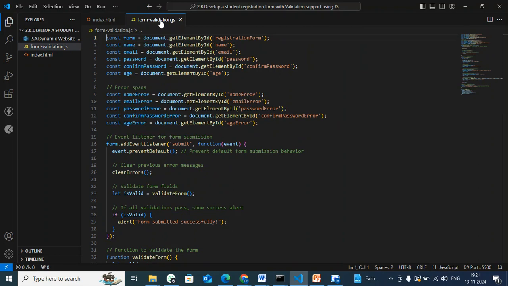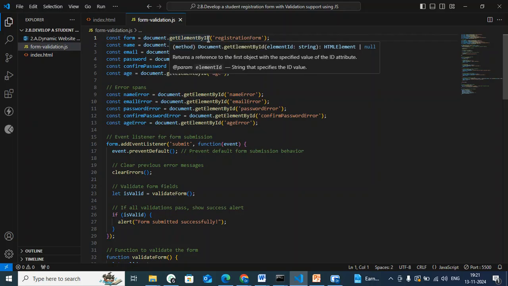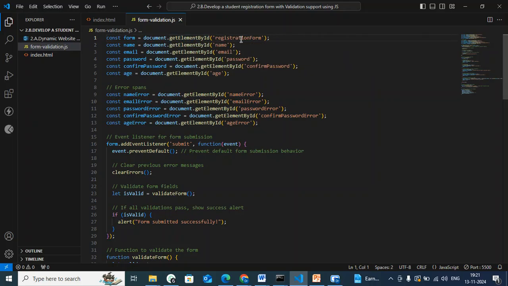In the DOM elements, we have to traverse through the form element in the body. Using document dot getElementById, the id for the form is registration form, and name is the first element.